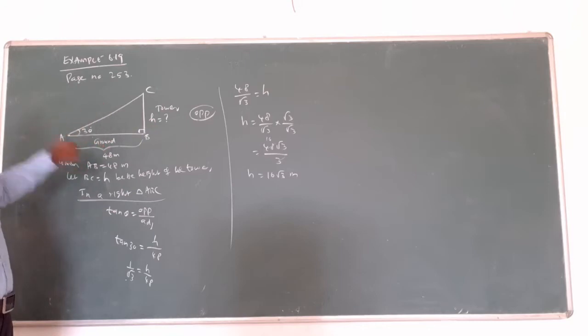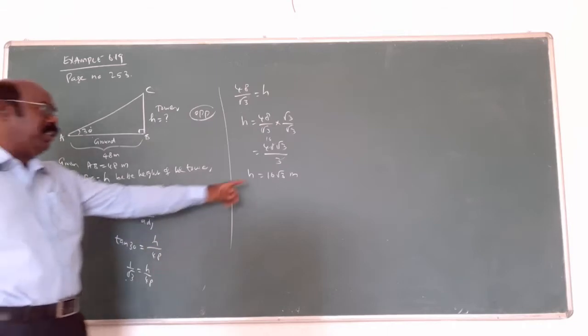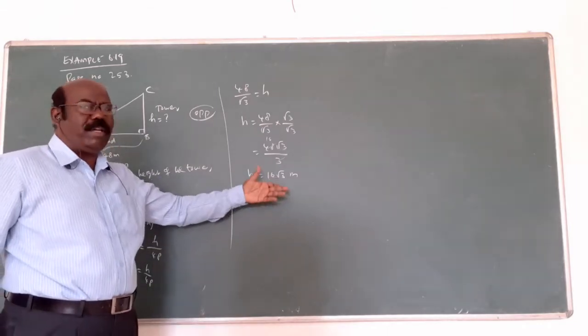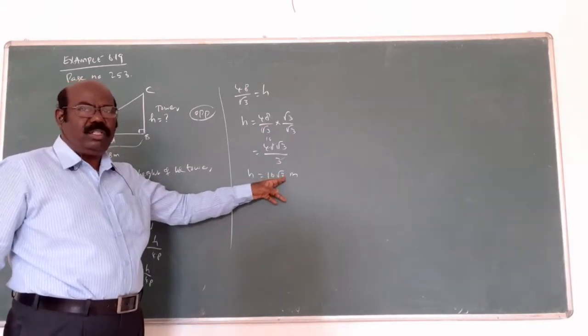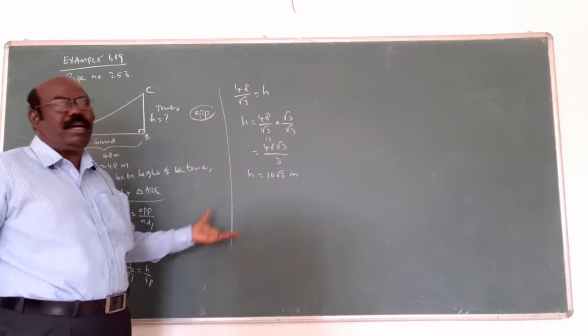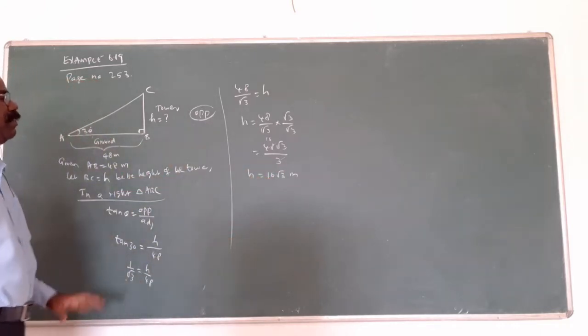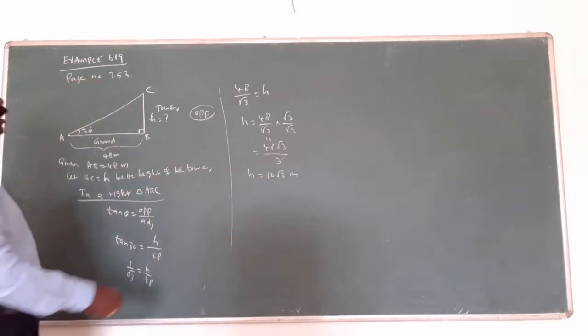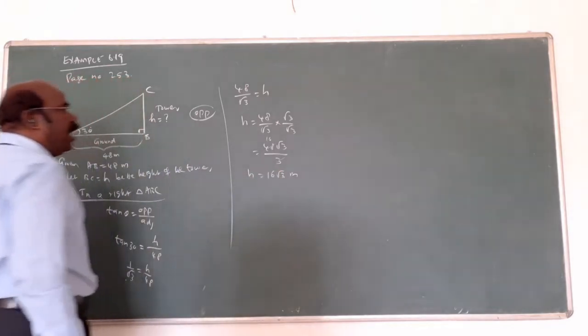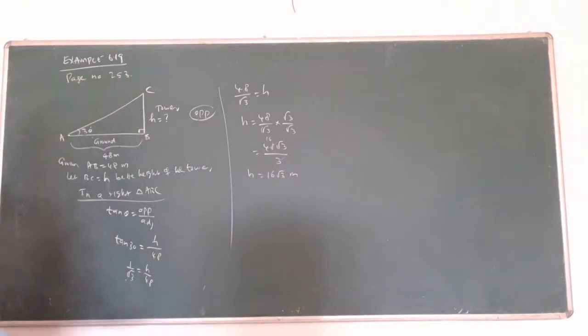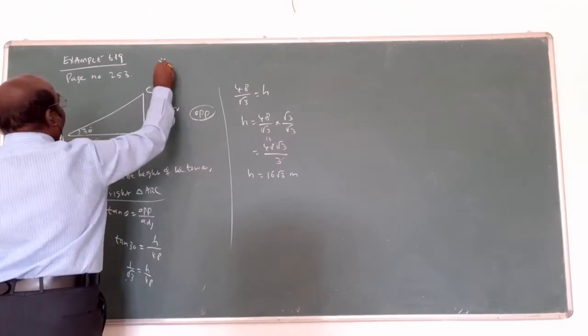But it depends upon the diagram. You may use the sine formula, cos formula, or tan formula. That's very important. This type of question is a very important 2 mark question. They need not put the value for root 3 in a 2 mark question. Suppose it is a 5 mark question, put the root 3 value also, then multiply by 16. But here 2 marks is enough. Our height of the tower is 16 root 3 meters, that is the answer.